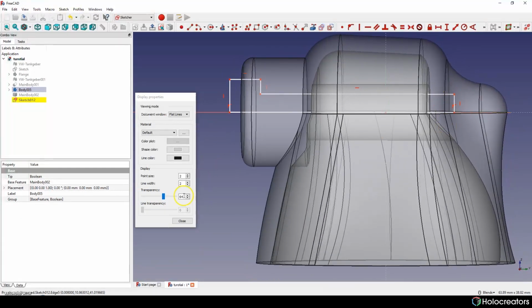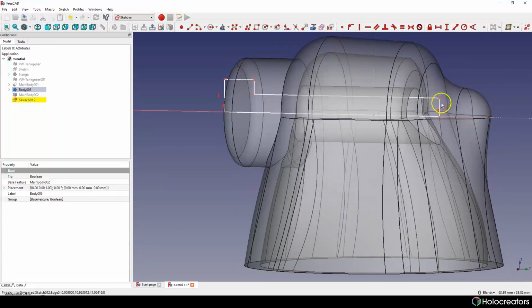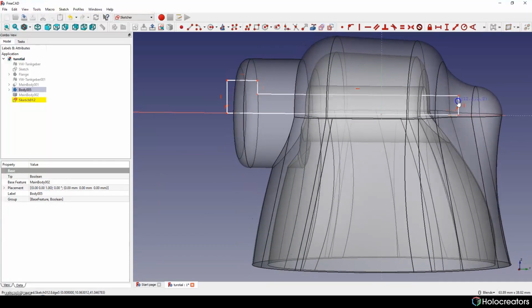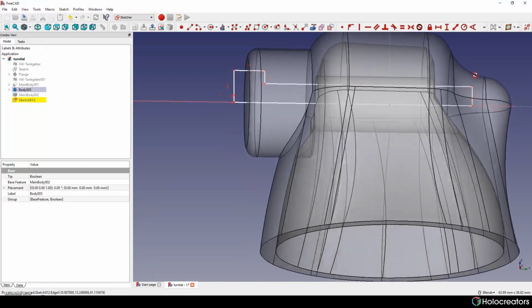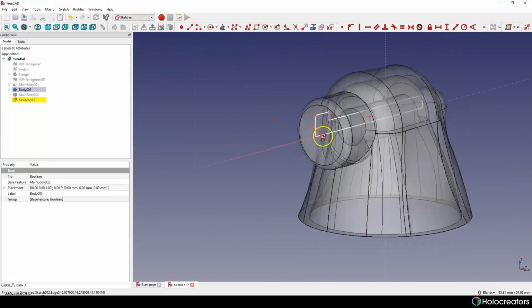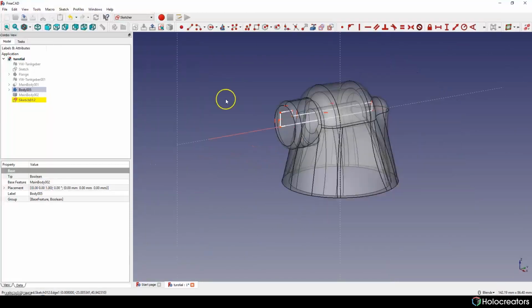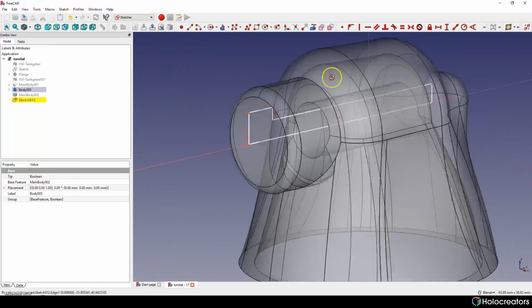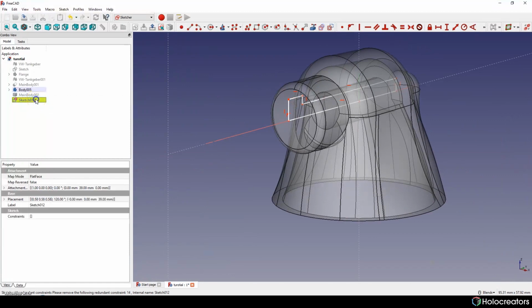And it seems almost perfect. I think we just need to make it a bit longer here. And right now it looks fine. So next we're gonna rotate.